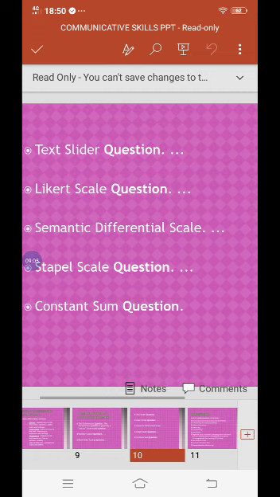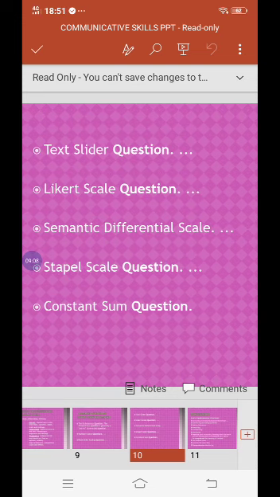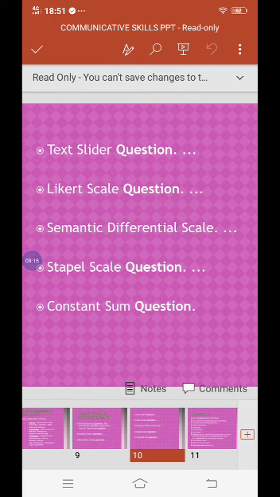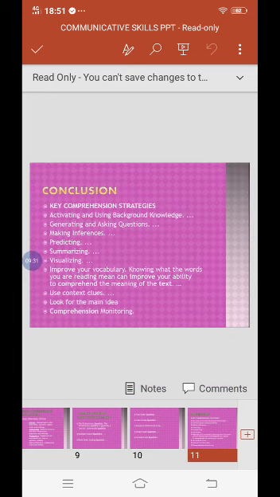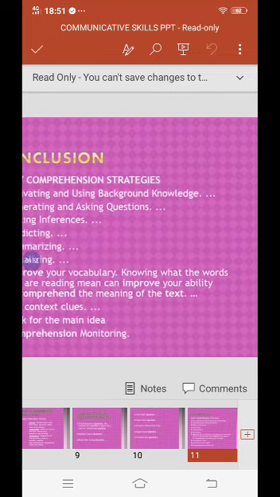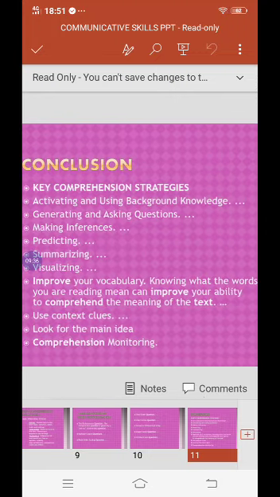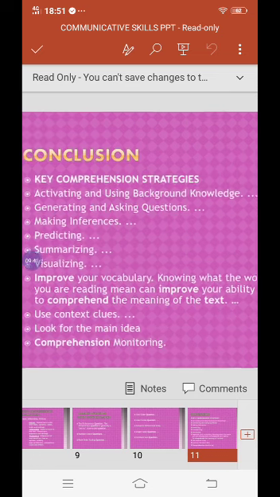Next is a constant sum question. Constant sum question is also a rank order question type where the respondent can only select options in the form of numerics. A constant sum question allows respondents to enter numerical values for a set of variables but requires the values to add up to a pre-specified total. This is a numeric entry that is summed up and can be displayed to the respondent. This is a great question type to use when asking financial budget related questions or percentage based questions. An example of this question type is to collect data on how respondents allocate monthly budgets on the basis of their income.